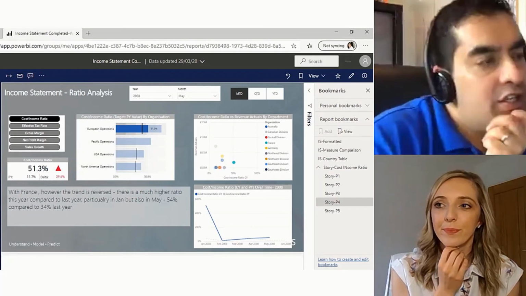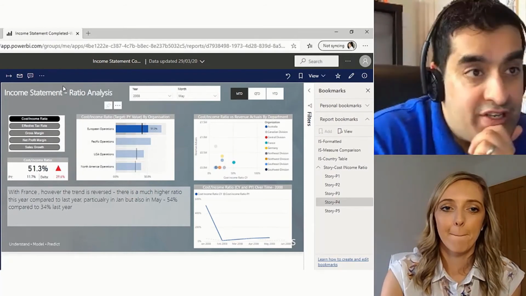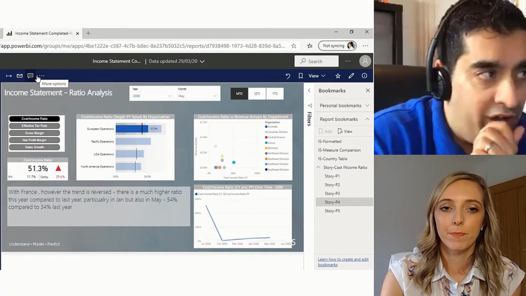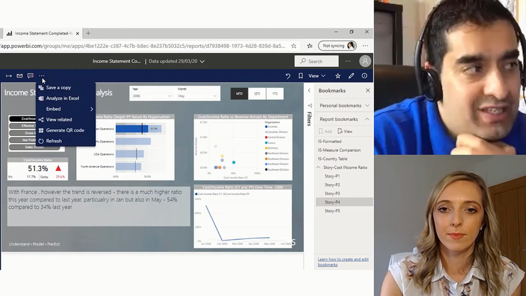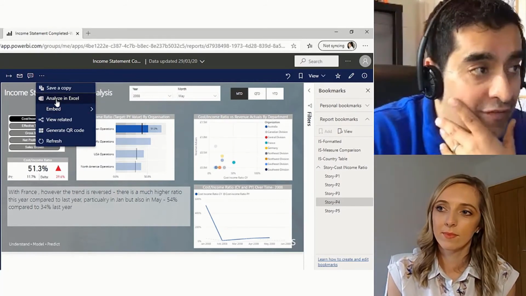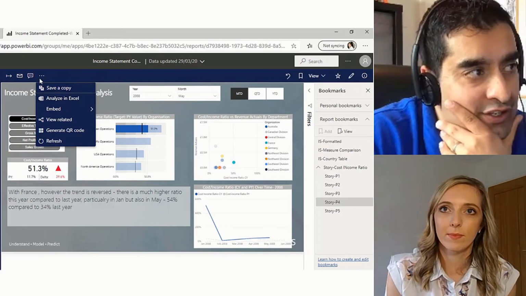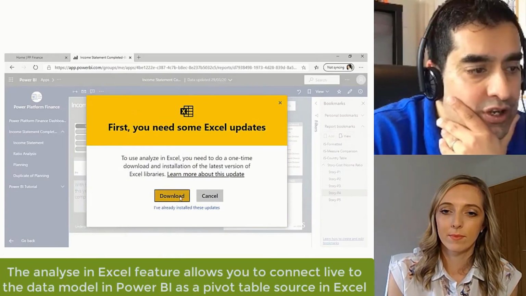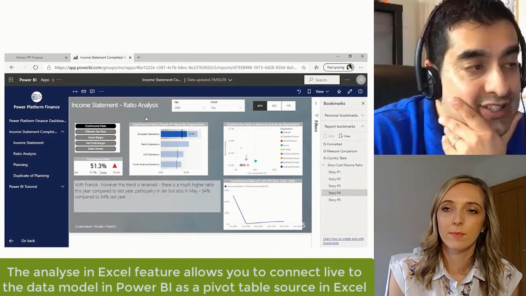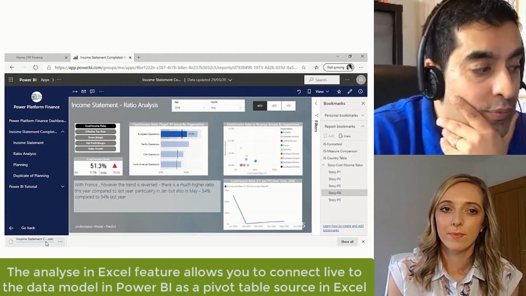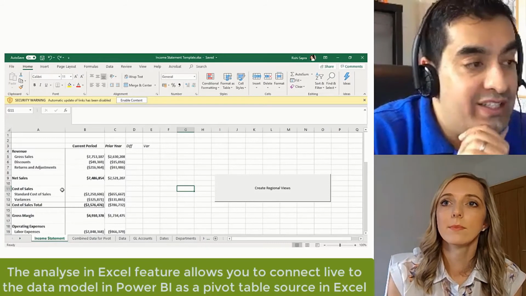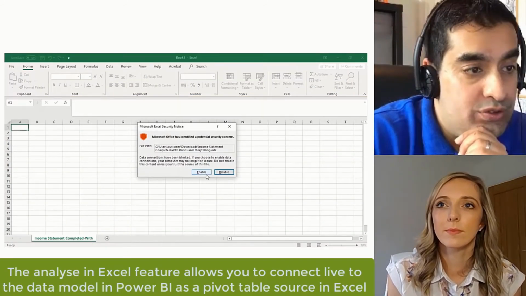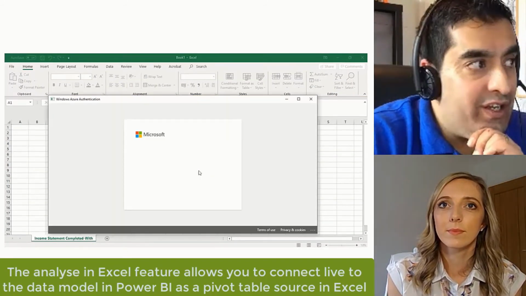Yes, it is possible to bring this data into Excel, either for ad hoc queries when you're in a meeting, or if you want to delve into that detail, you can click on these three dots here and do Analyze in Excel. And what that will do is open up in Excel this Power BI data set as a pivot table source. So once we open in here,